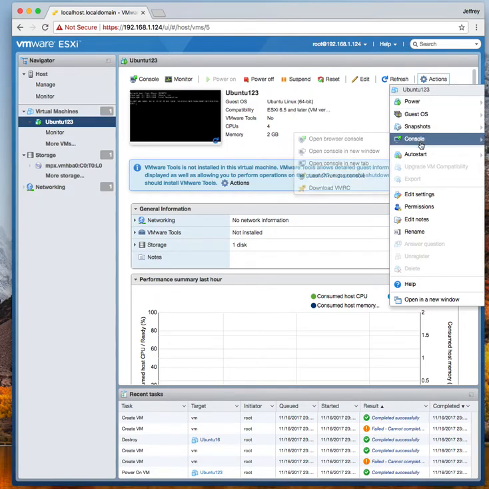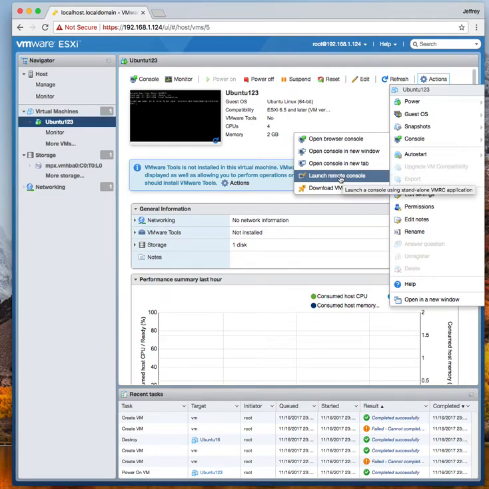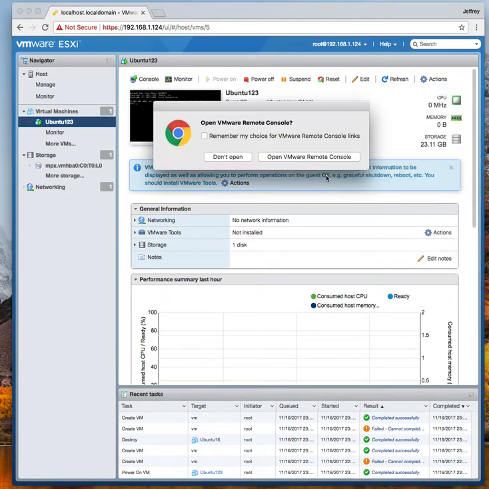And we want to bring up the virtual console. We've already downloaded it, so you want to, they call it now Remote Console, which is rather strange, but it's what you do, and that'll launch that thing we have in the application folder. Okay, there we go. Yeah, and they're saying,